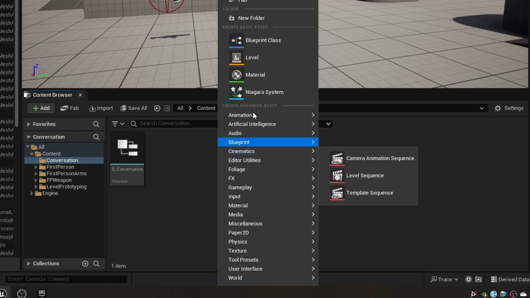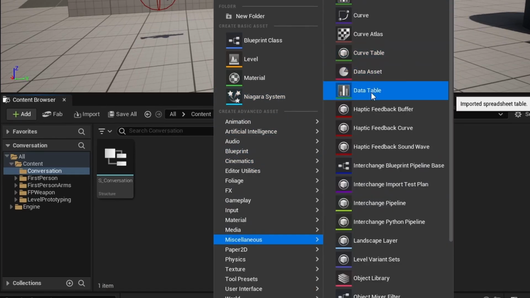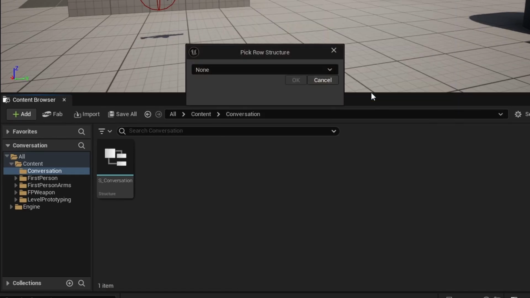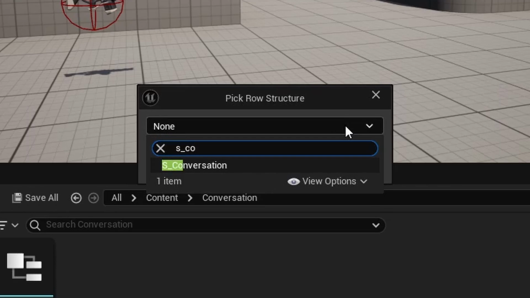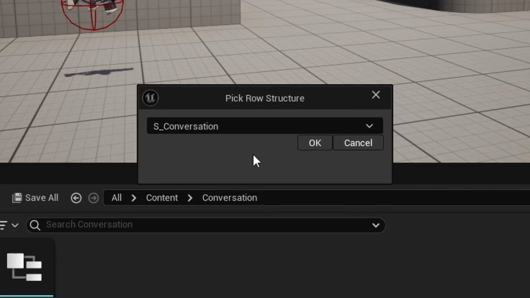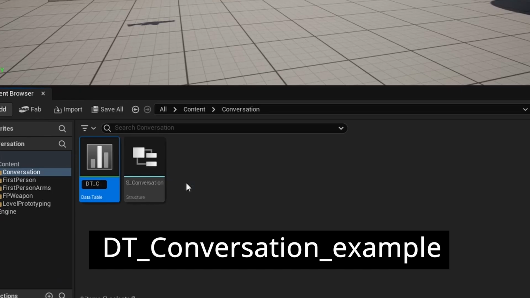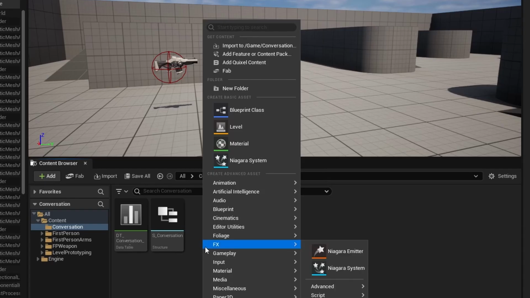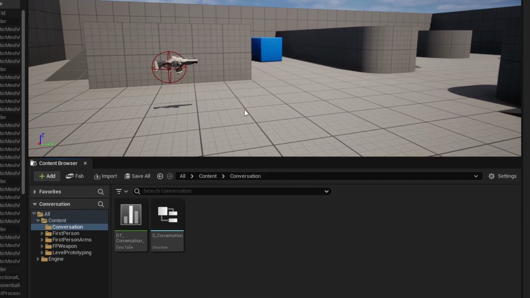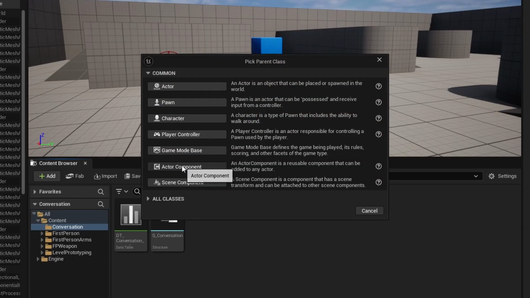Now go back to the folder, right click and select miscellaneous and data table, and from the drop down menu select our newly created s_conversation. Let us name our new data table dt_conversation_example. We will leave this empty for now and return to it when we have everything else ready. Go back to the folder again, right click, select blueprint class and then actor component. Name it